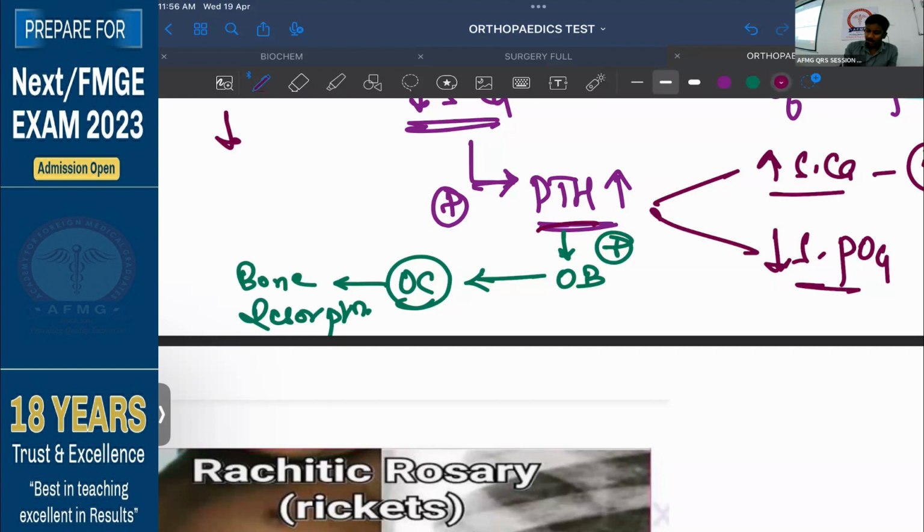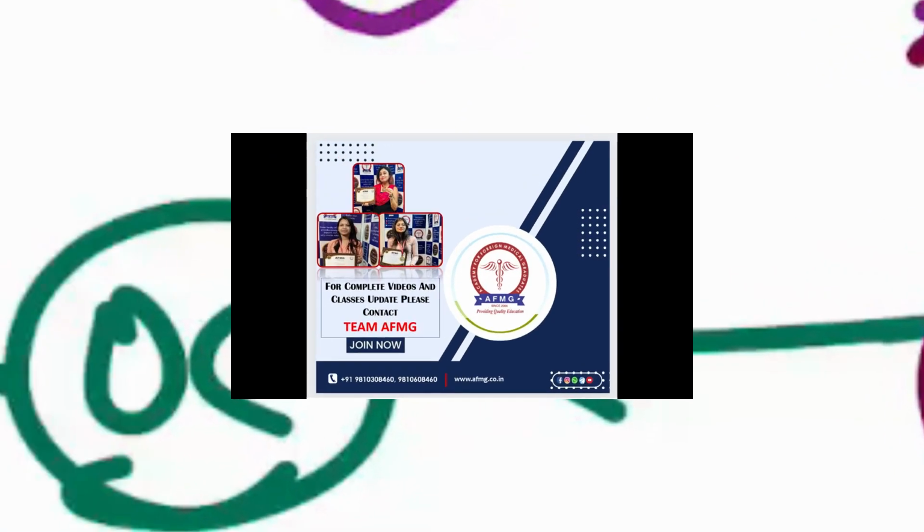So that is the reason why if you give parathormone in low doses, it will activate with cells osteoblastic cells, and therefore there would be bone formation. इसीलिए in a case of osteoporosis पढ़ा होगा ना, in a case of osteoporosis we give a parathormone analog known as injection teriparatide. That is the reason. Teriparatide is a low dose parathormone which will